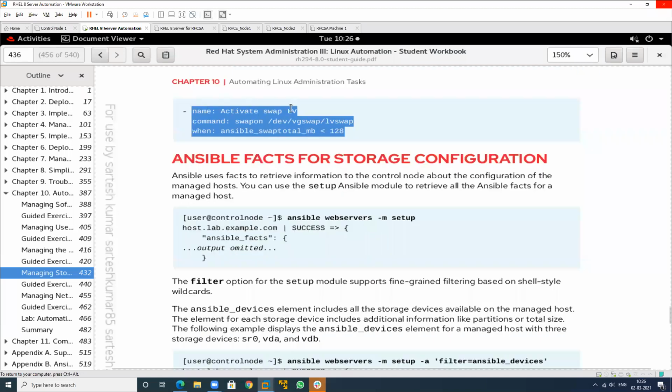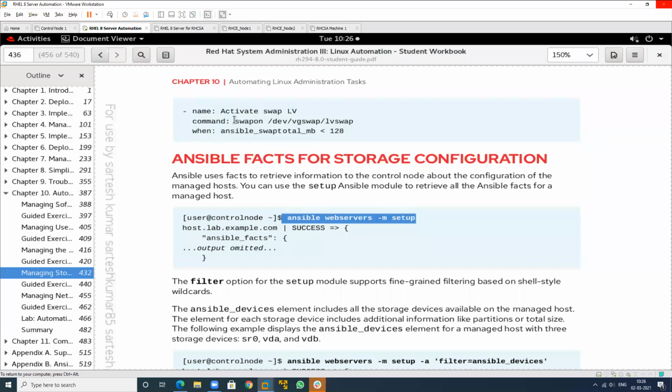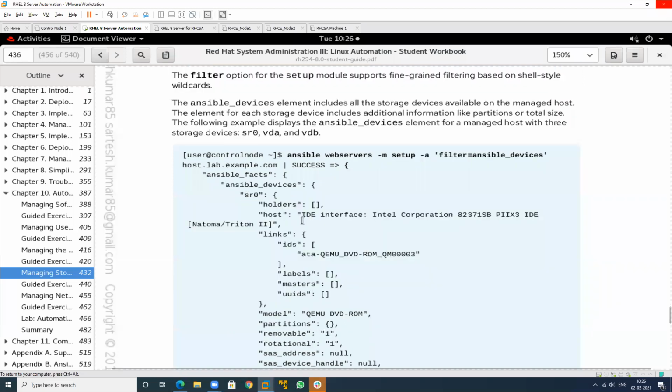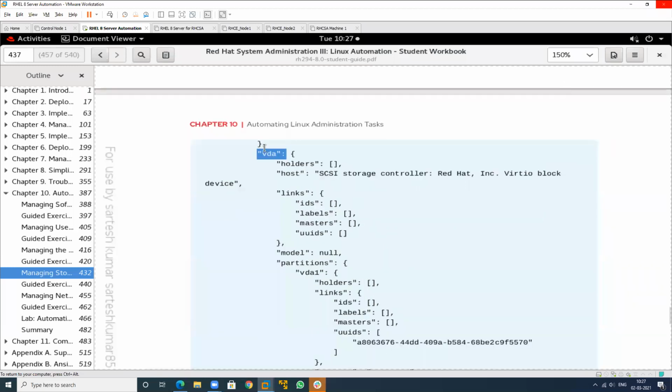Ansible uses facts to retrieve information to the control node about the configuration of the managed host. So you can use the setup Ansible module to retrieve the information of all Ansible facts for the managed host. So this is ansible_devices. This will show the information about the devices, how many devices you have in your system. So this is SR0, and what is the other one? This is VDA, this is the other device, these are the sizes, and this is VDB,